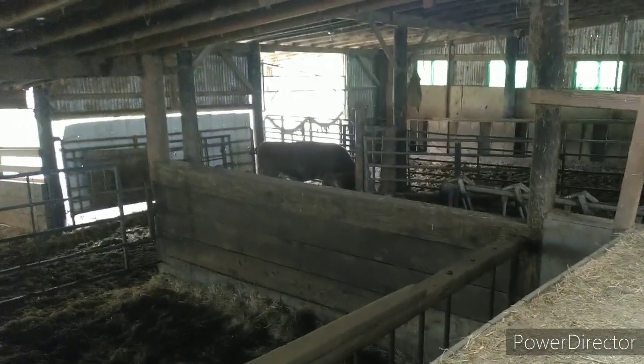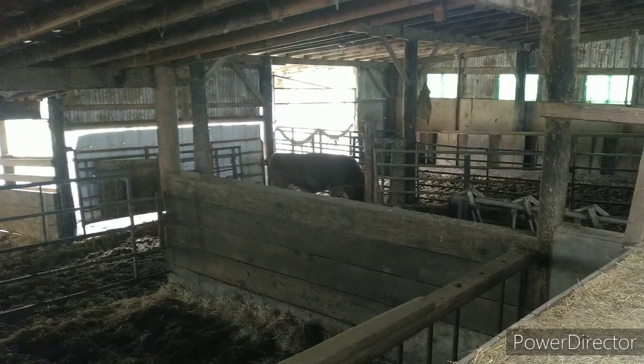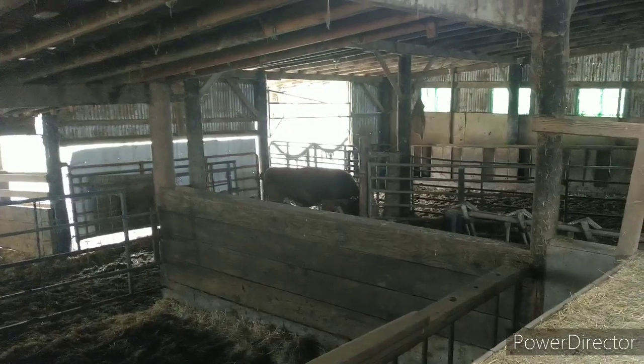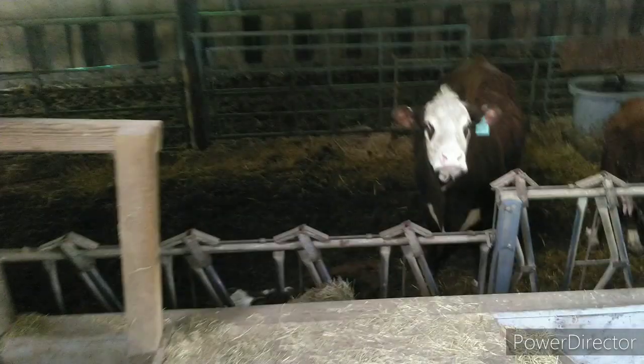So that's pretty much the update for the day. Say limpy calf is taken care of. New calf is up and eating. Pretty sure he probably ate earlier today. She looked like she'd been eating on. And a sick cow we didn't know we had. At least she was in here, not out in the pasture where we might not have noticed it for a couple days. And twins mama,